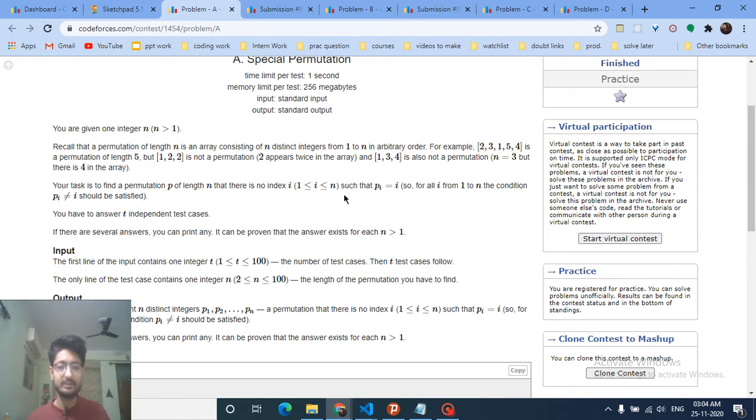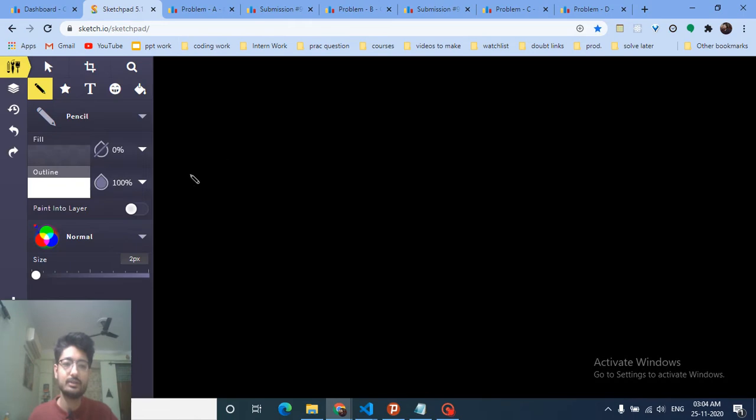What I mean by this is, let's assume that I have 5 places to fill, and the index for this is 1, index for this is 2, 3, 4, 5. Now I want to fill these 5 places with 5 numbers which are 1, 2, 3, 4, 5. So which means that I have to fill these 5 places with a permutation of 5 numbers 1, 2, 3, 4, 5, such that we should not place the number.